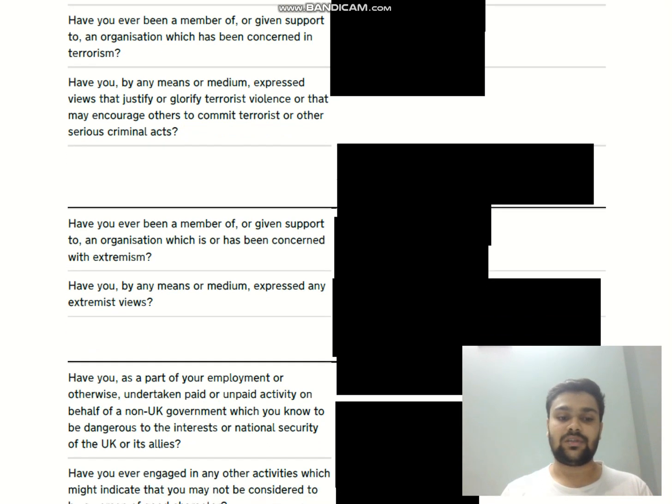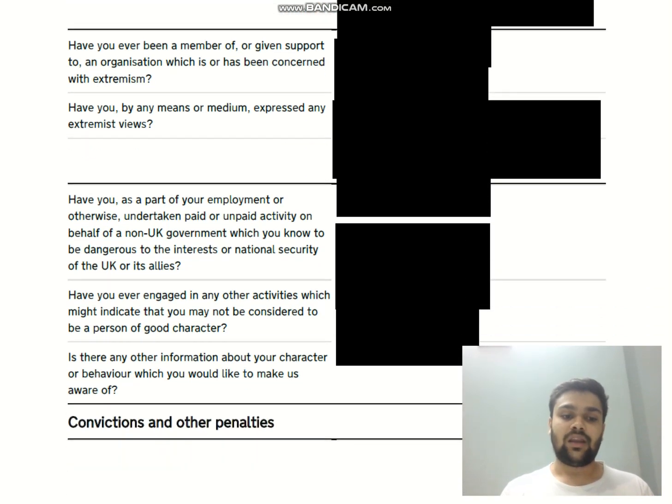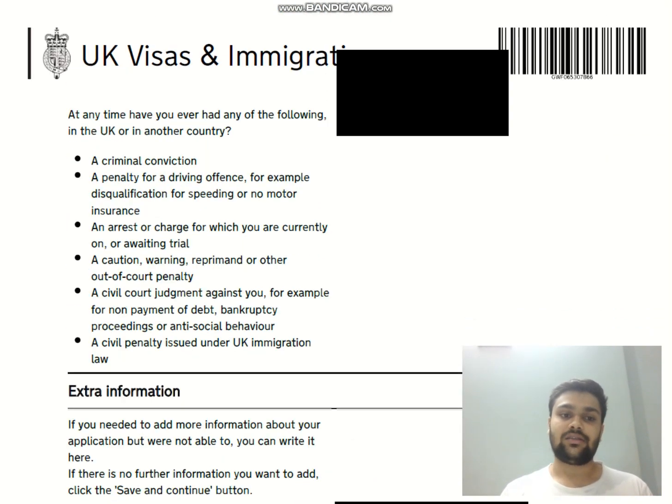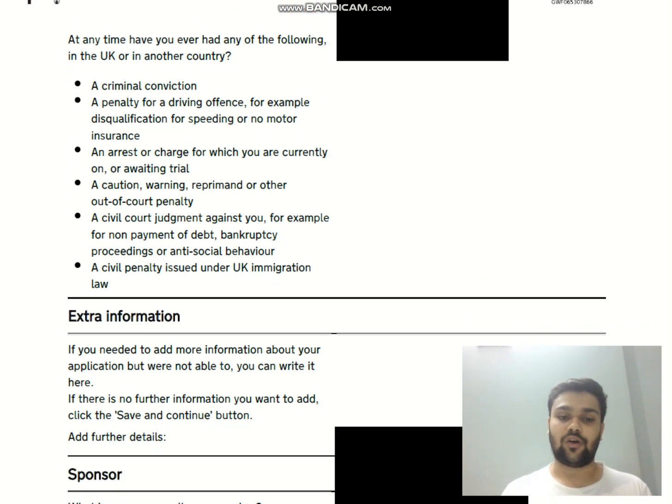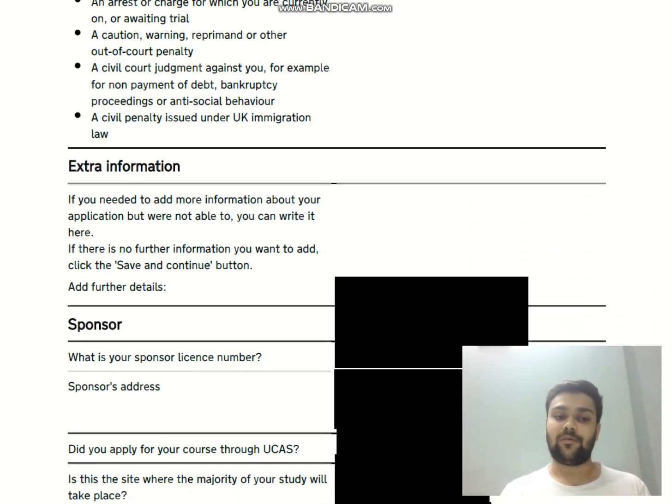So, in all these options, there will be a no. Then comes conviction and other penalties. At any time, have you ever had any of the following in the UK or in any other country? A criminal conviction, a penalty for driving offence, an arrest, a civil court judgment, a civil penalty issued under the UK immigration law. Then comes the extra information,